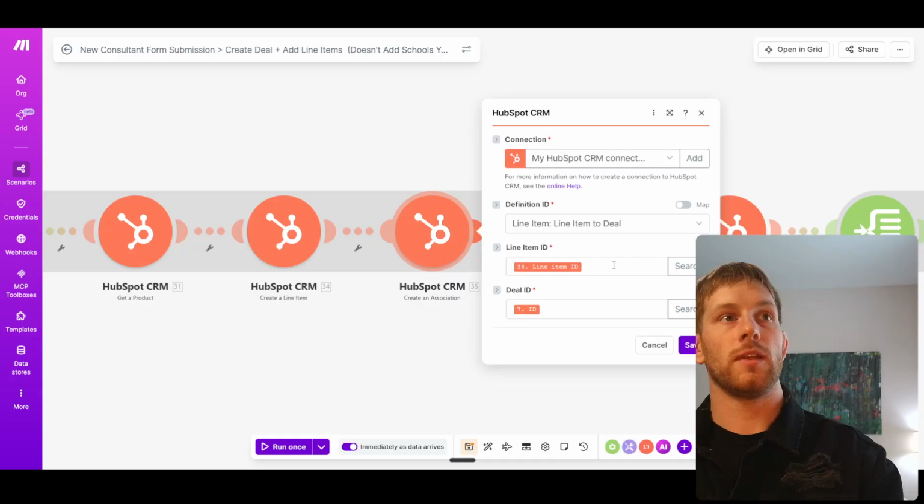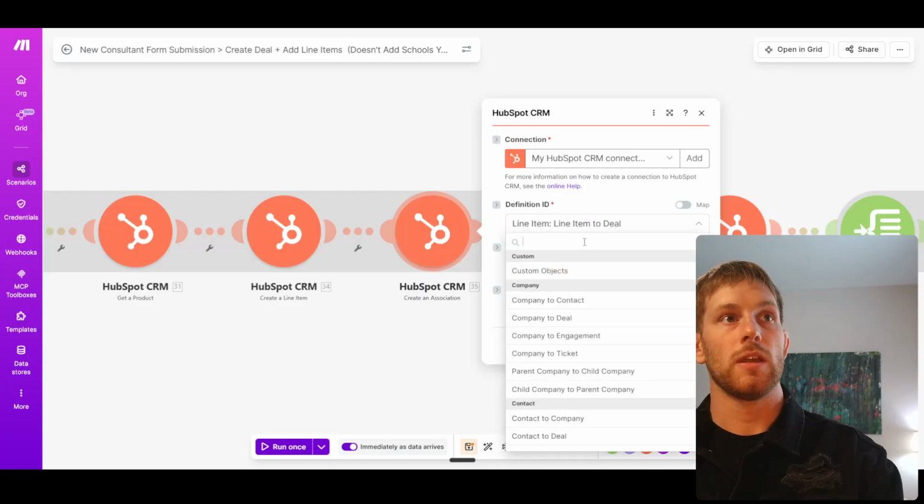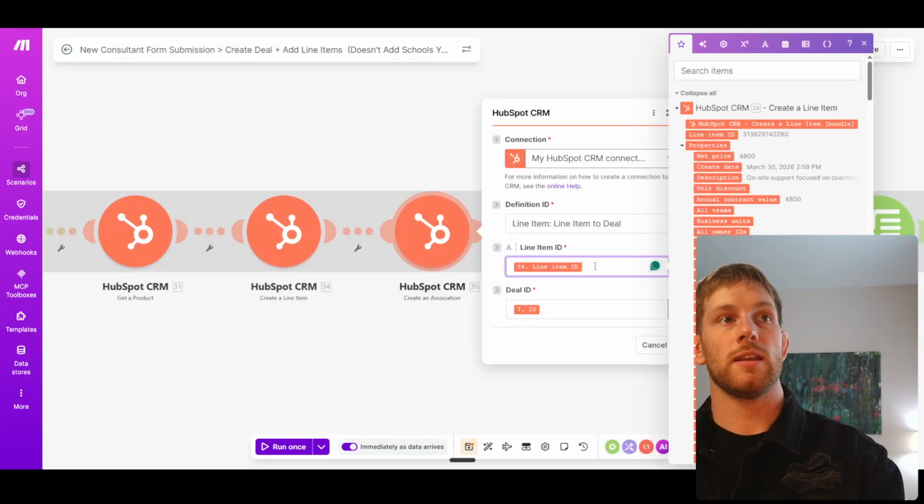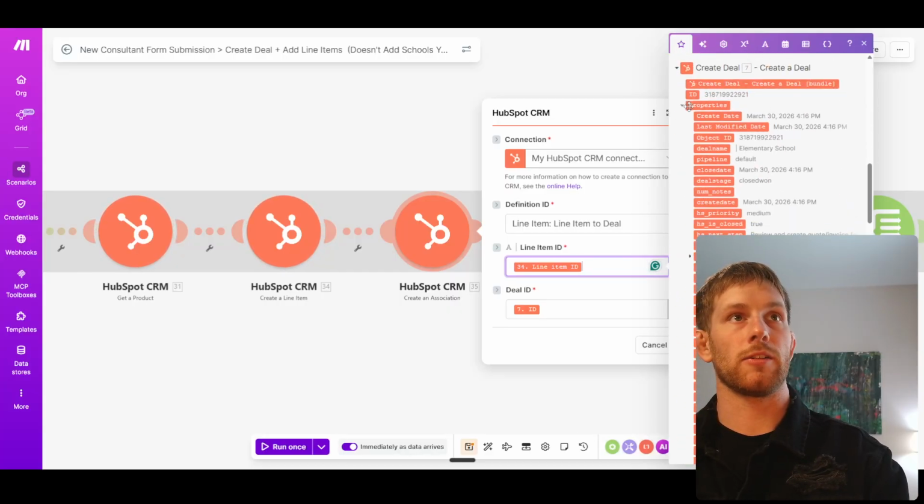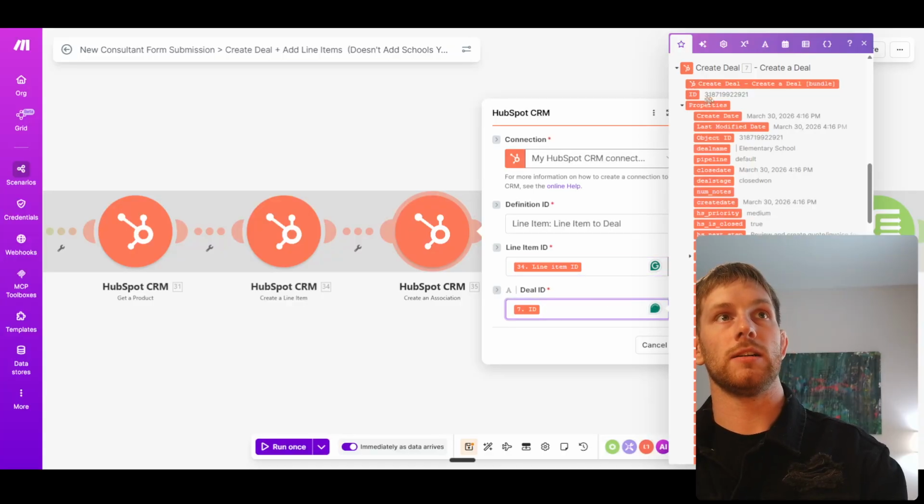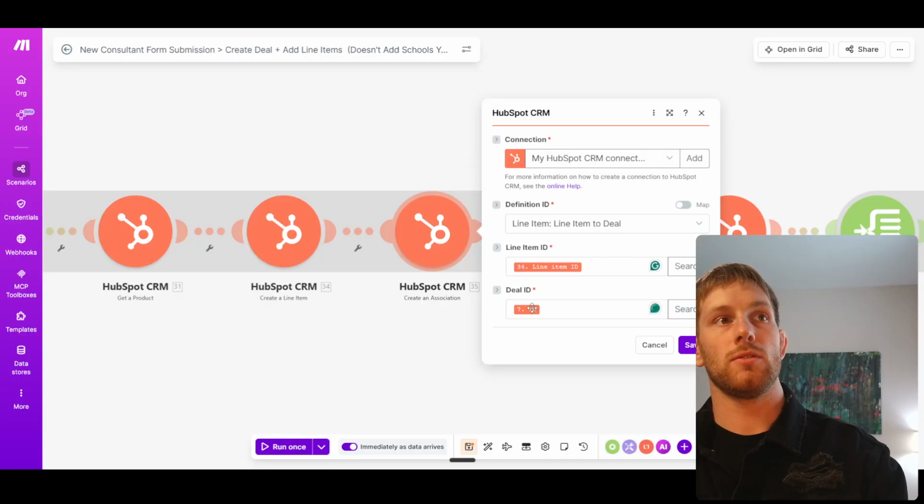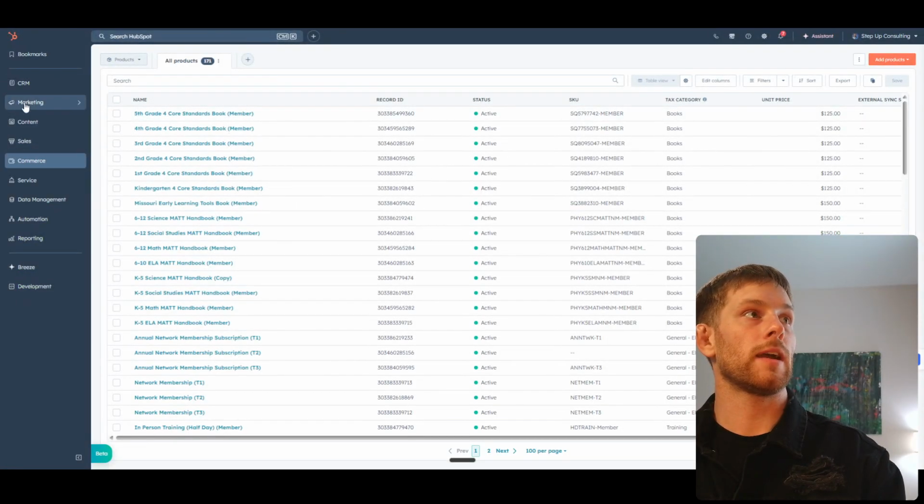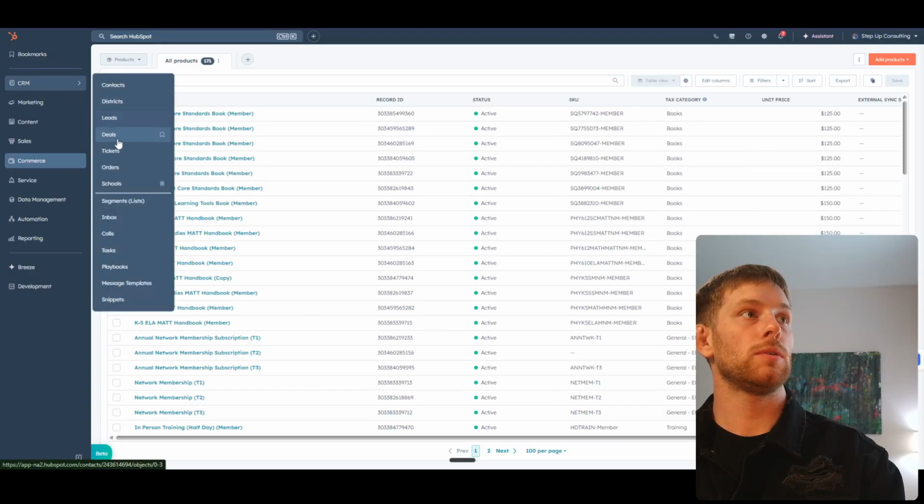Then you take and create an association field. This is honestly quite simple. The only option is line item to deal. That's a line item, that's a deal, we're going to associate it. So here's the line item information right there, and then we scroll back a little bit, and here is the deal ID. By doing so, the new line item that we create is now associated to the deal. So if we go and look at an example deal,